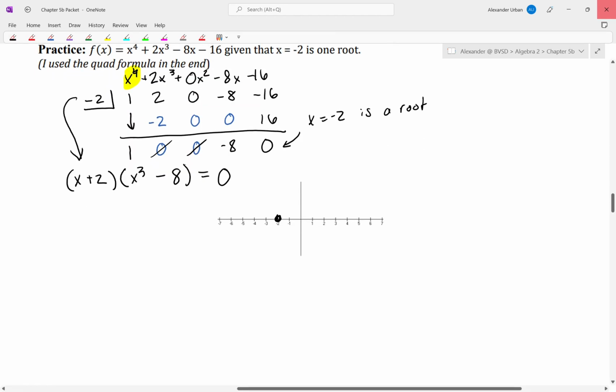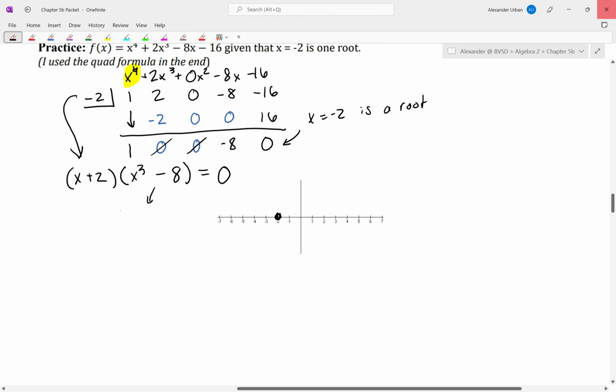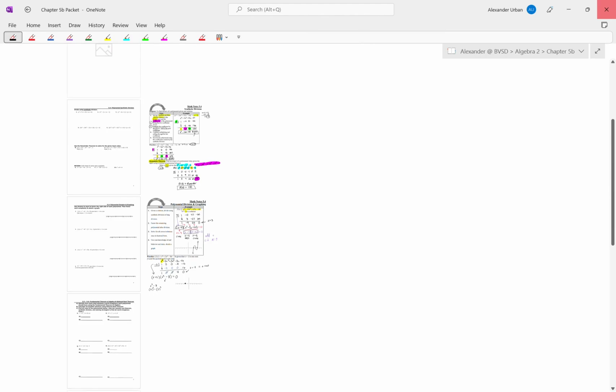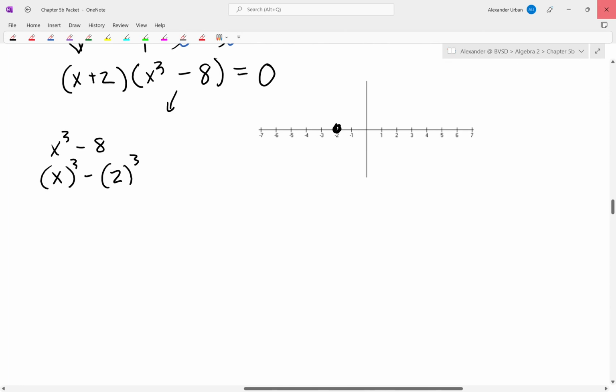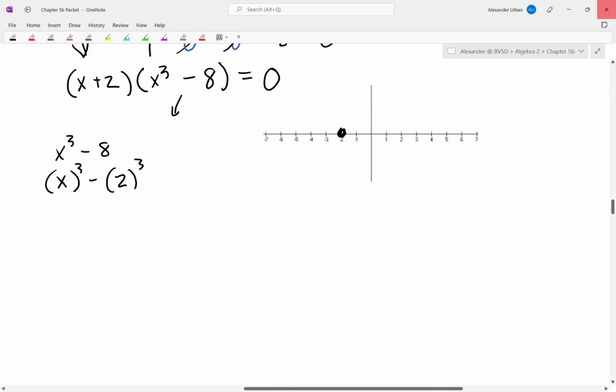So we're going to have to dive into this one a little bit more. If I look at just x cubed minus 8, I can see that I have a cubed minus another cubed, and we're going to have to do our formula. We're going to have to do a little bit of extra work. We know that x times itself 3 times is going to be x cubed, and we know 2 times itself 3 times is going to be 8. So we have to follow our formula for a difference of 2 cubes, which is kind of tough because if you got rid of your notes, then they don't exist anymore. But I will show you that